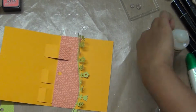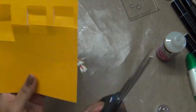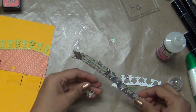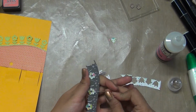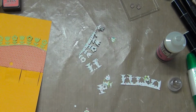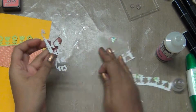Again, there are any number of options for how you can make this. If you have the Simon's hillside borders, you can use those. You can use a pair of trees there. For tree dies, you can use Simon's or MFTs or Lawn Fawn's, whatever combination you like. Now I'm just showcasing here how to make the pop-up die, but you can make this card for any occasion by just changing a little bit of